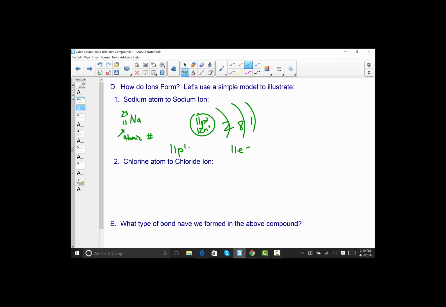The positive protons equal the negative electrons. Atoms are neutral. But this is a very unstable electron configuration. It's unstable because the outermost energy level is not full. It would like to achieve a noble gas arrangement, and it can do so by losing this electron in the